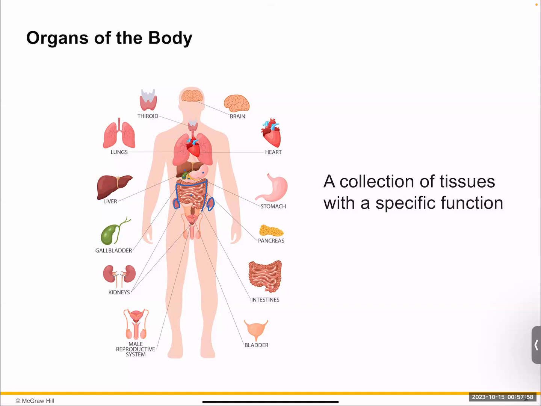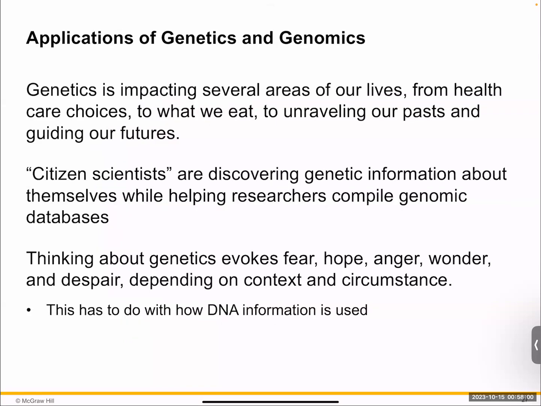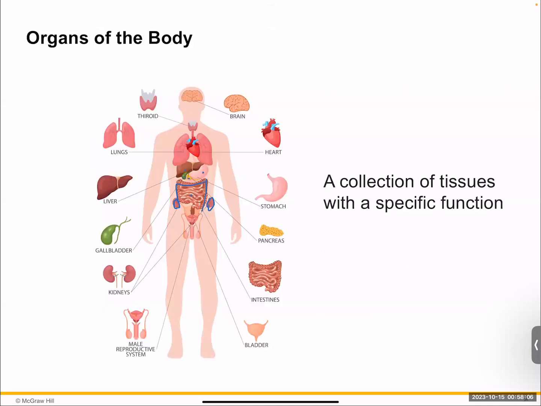And again, organs give rise to what they call organ systems. Things like the cardiovascular system, respiratory system, digestive system, nervous system, what we call the lymphatic system, which is your immune system, and things like endocrine, etc. So again, the goal is for you guys to understand the complexity of the levels of organization.